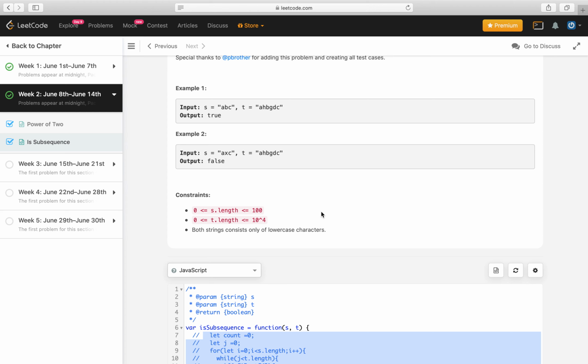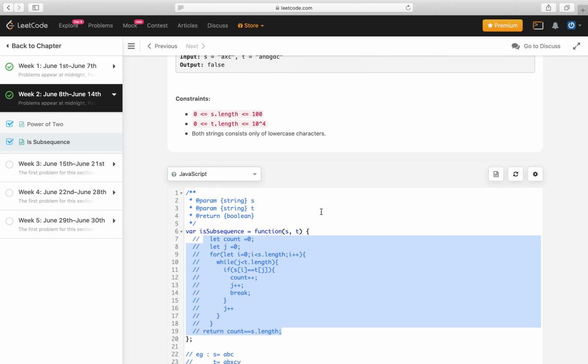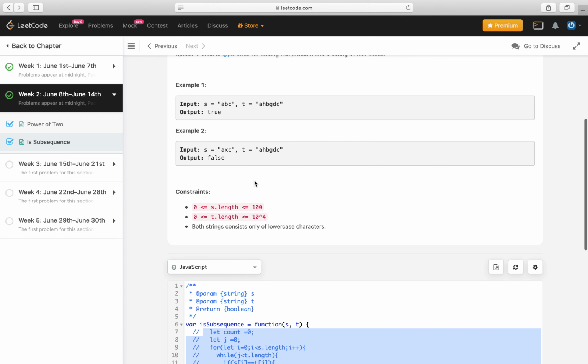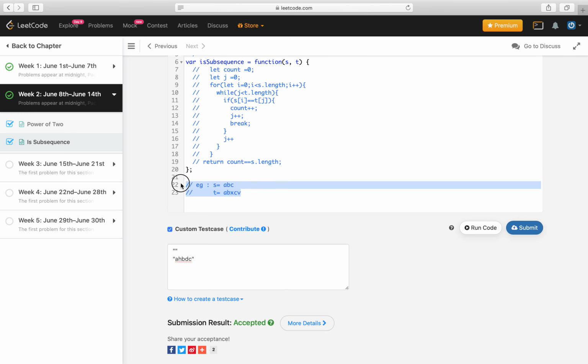We can go with the approach of recursion. In that case, let's start thinking about this example again.